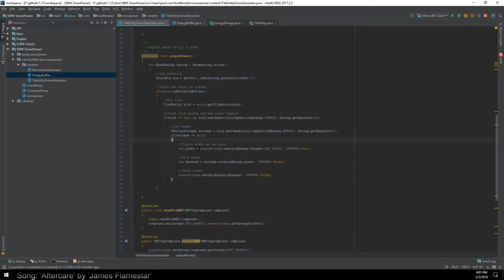Say, for example, you didn't know how much power each machine can accept, as in the case of IC2, because it doesn't actually tell you how much power they can receive. You would go, okay, I have 6 sides of the tile, and I have 1,000 watts of power to give. I can then give such and such amount of power per side, but then the first machine only accepts half of what I can give it. You then put that back in your total amount of power, then redivide that by 5 until you go down each machine. And say the 5th machine only accepts half you can give it, then you add the power back